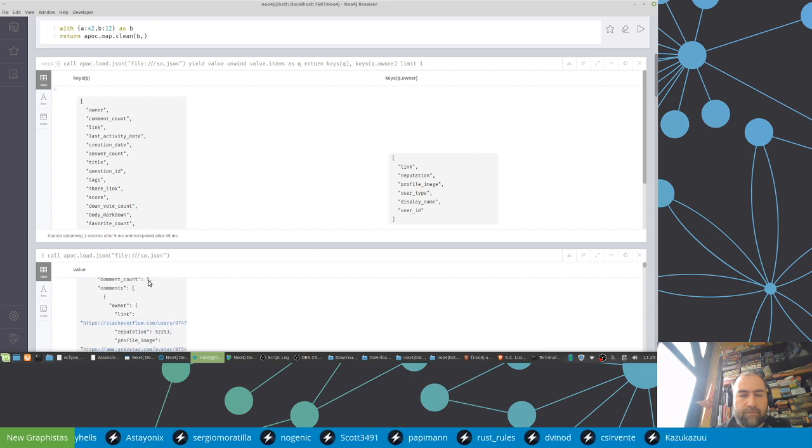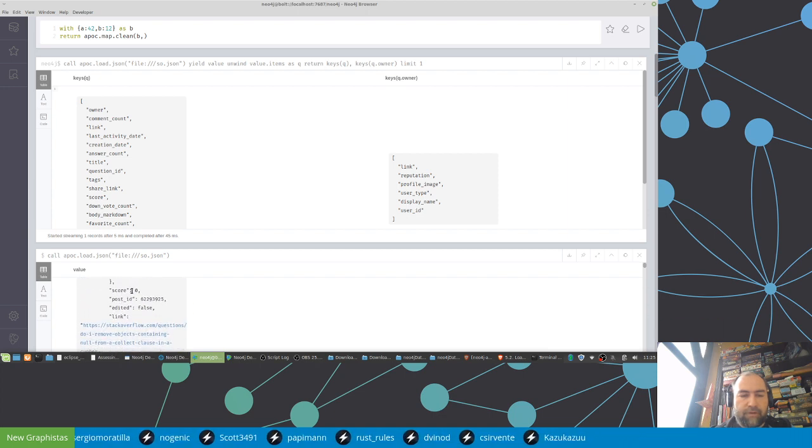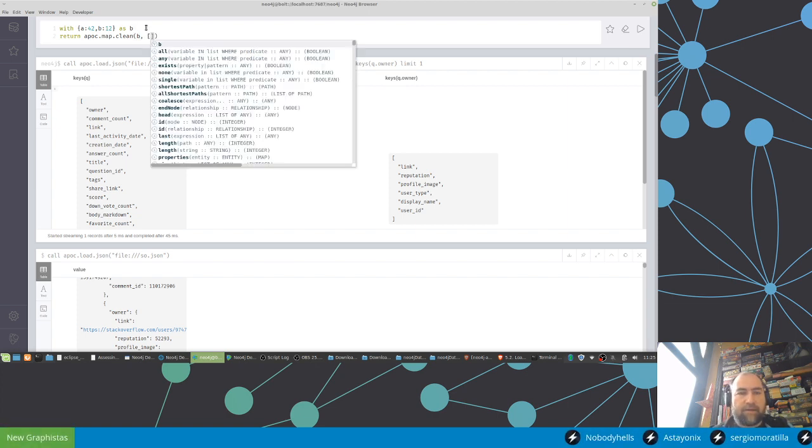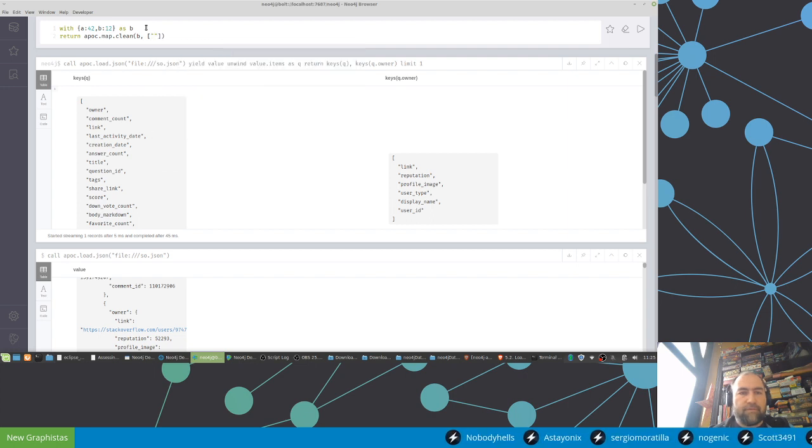So you don't want to see 0 values, for instance, like score 0. I'm not interested in that, or edited false. I might not be interested in that. And I might only want to be interested in some things. So APOC map clean allows you to take a map and then say, I want to skip these keys,